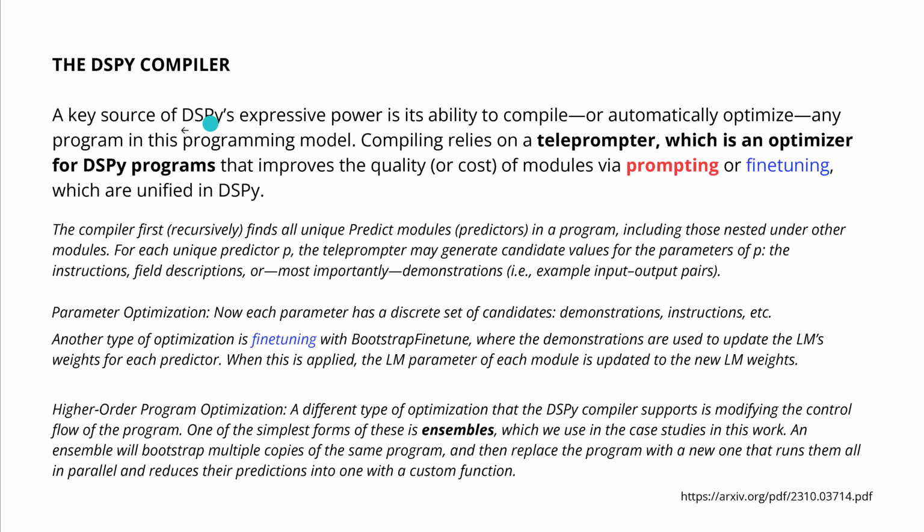So here we go. Key source: DSPy's expressive power is its ability to compile, or automatically optimize, not just the chain of the modules in the graph structure, but also each model in itself. Compiling relies on a teleprompter, as I just showed you, which is, again, an optimizer for the DSPy programs that improve the quality of modules via